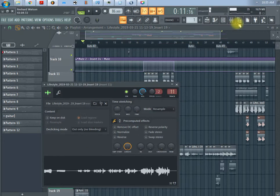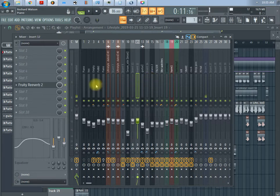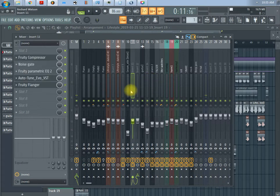Alright, so I can show you guys my vocal chain. Compressor, noise gate, EQ, auto tune. Then I send it over to a reverb over here,